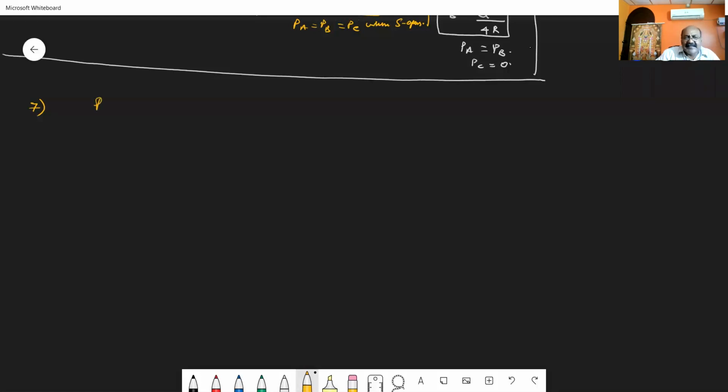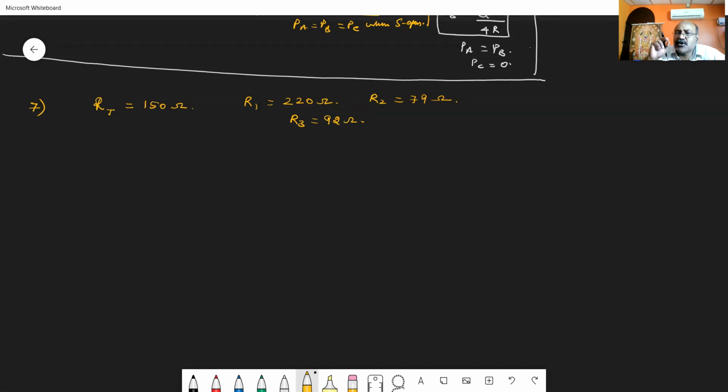See, the resistance required, let us call it RT, is 150 ohm. But what are the resistances available? One of the resistances, let us take it as R1, is 220 ohm. Another, R2, is equal to 79 ohm. And another, R3, is equal to 92 ohm. How can she connect the available resistors to get the desired value of total resistance?